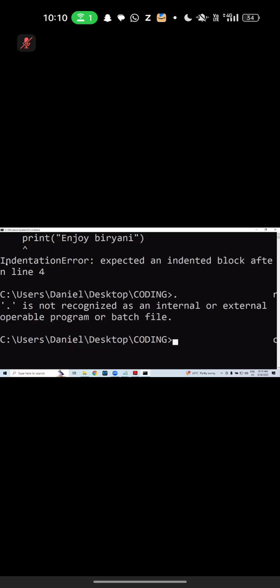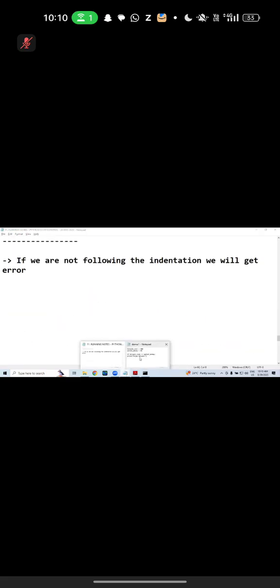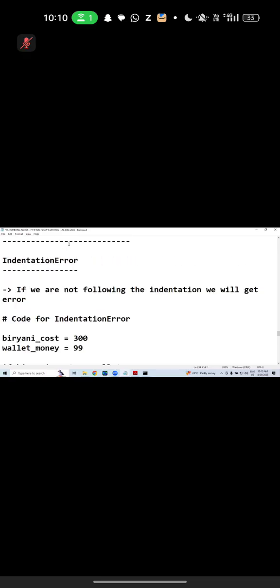Okay, then can I specify this one? Yeah. Let's look at the list of errors. Fifth one. Is it okay? Can we read all errors once actually? Syntax. Nice, man. Very nice actually. Then for indentation error, let me write a program. This is the code for indentation error. Okay, we have written an example actually.